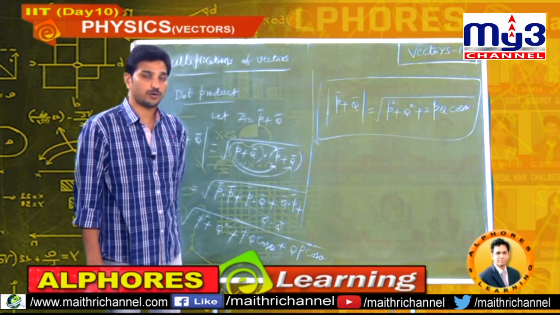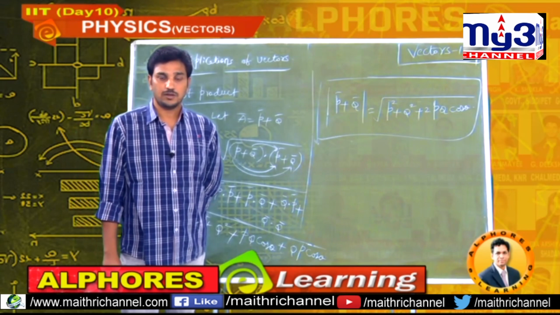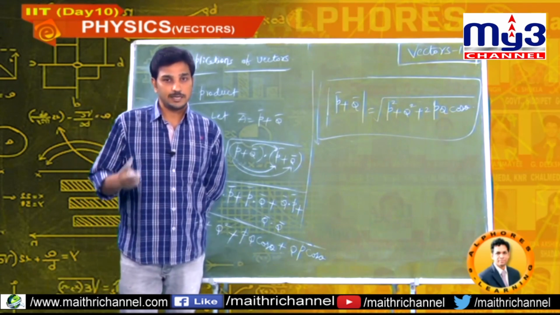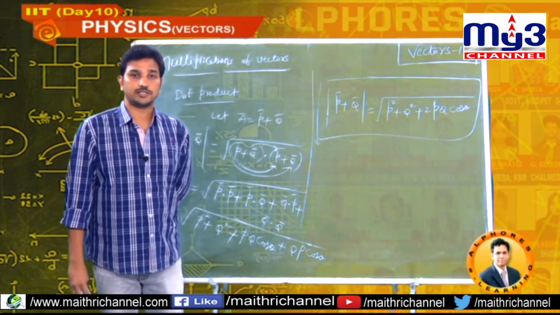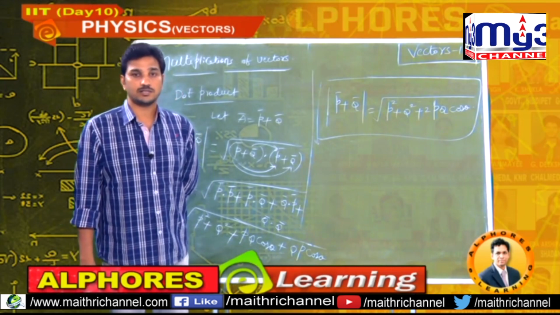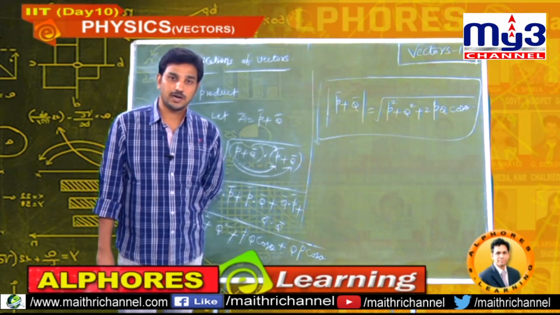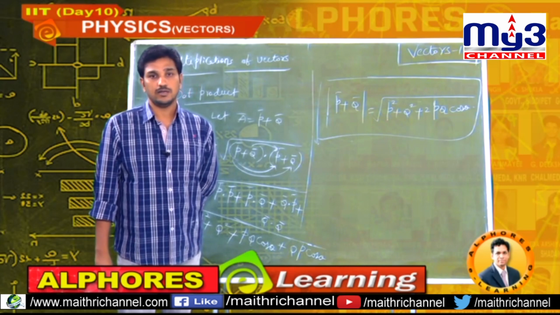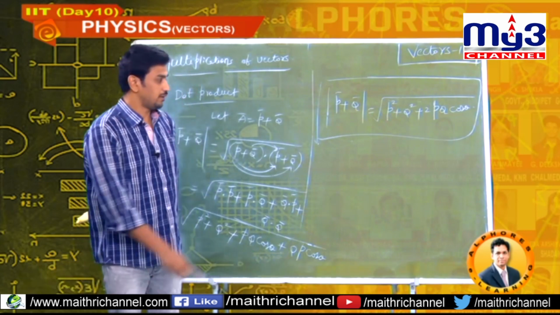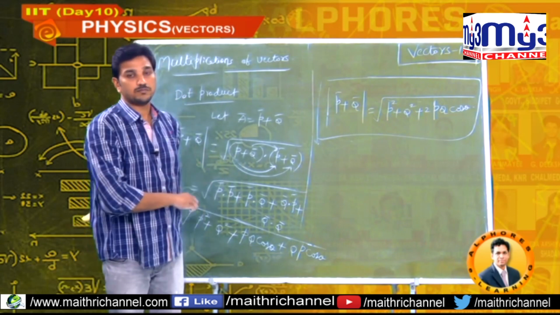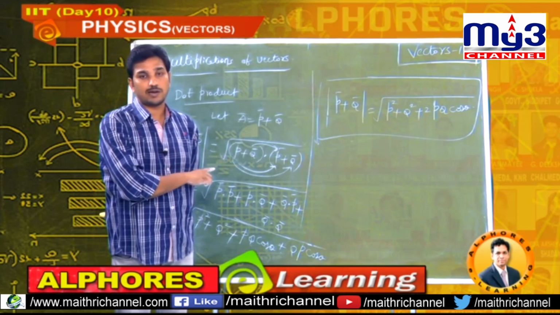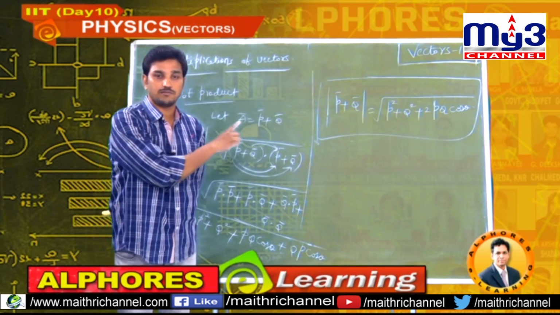We started the scalar product. What is the scalar product? Take the component of one vector along the direction of the second one and multiply those two; that multiplication is nothing but the scalar product. A bar dot B bar is equal to AB cos theta. A is the magnitude of A bar, B is the magnitude of B bar, and theta is the angle between A bar and B bar. And we went through one example. This is quite similar to the parallelogram law of vectors. Whichever concept we use, the parallelogram law or the dot product, the answer will be the same.